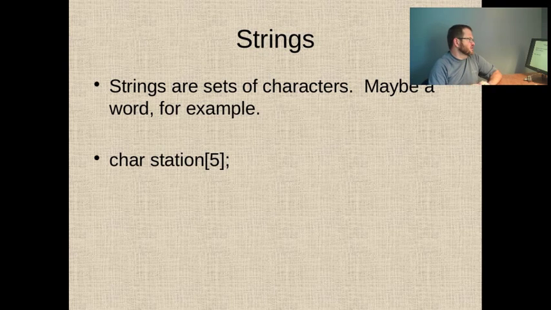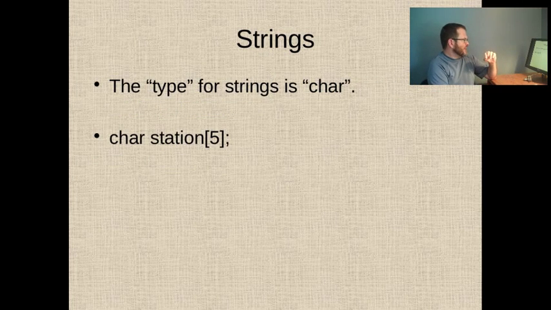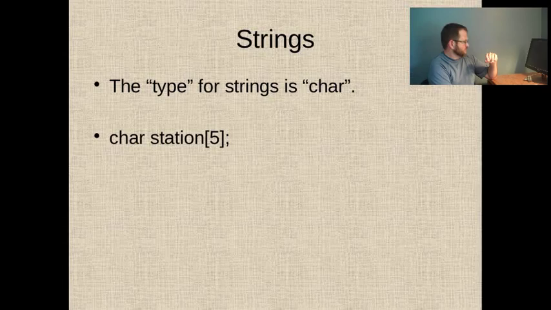It's a string. It's a set of characters, and you define them as char, C-H-A-R. So what types of variables do we have now? Float, integer, file, and now we have char, C-H-A-R. And when you want to declare a variable as a string, you declare it as a char, and then after the string's name, like in this case I'm making a string called station, a variable that holds a station's name, like KOMA, in little square brackets